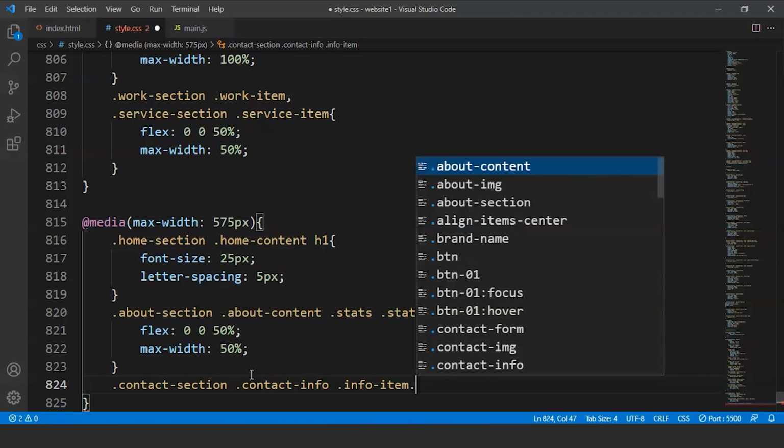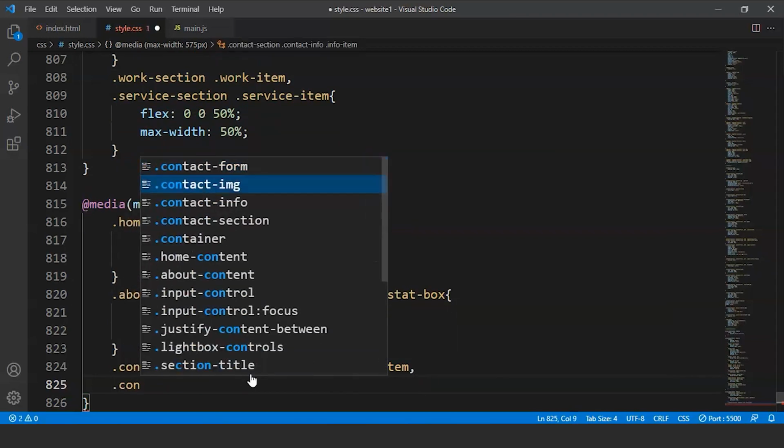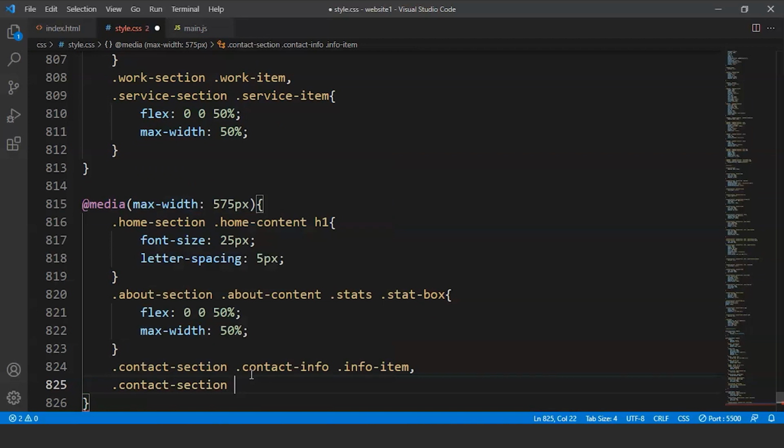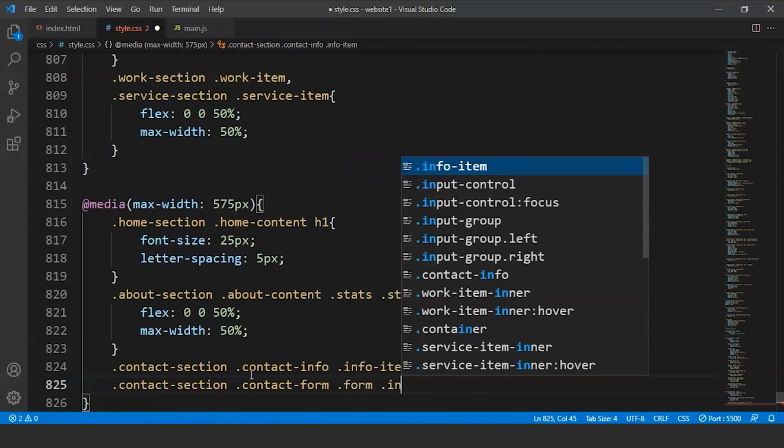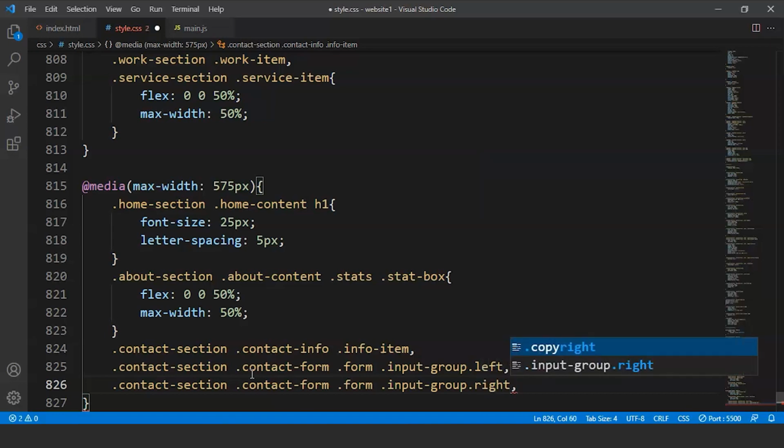Now after a comma, we'll write here dot contact section again, then we'll access dot contact form, then we'll access dot form, then we'll access input group left. Fine, we'll write here input group left, and we'll do the same thing for right input group as well. So we'll write here input group right,